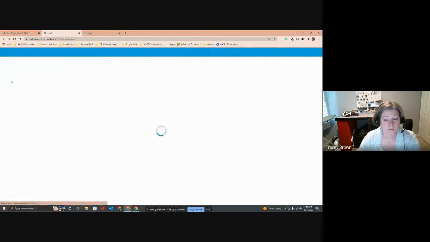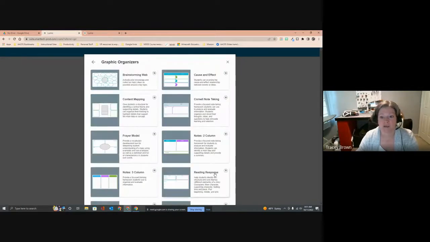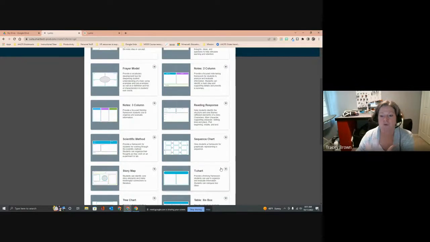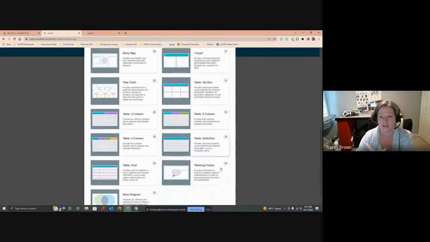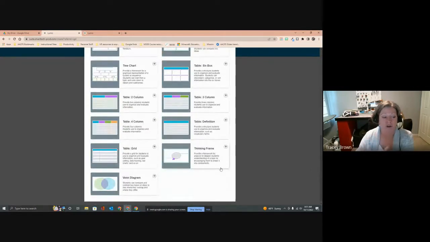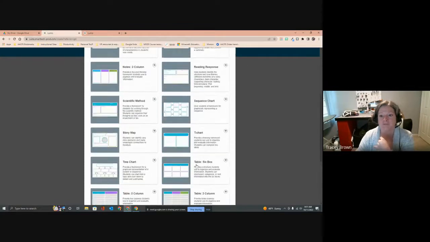Once again, under New, we would select anything from this ready-made resources area, like activating prior knowledge, questioning and reflecting, but mostly from the graphic organizers area here. You'll see that you have things like a brainstorming web, cause and effect, content mapping, notes, there's the Frayer model, reading responses, scientific method, so many different options there for the students to share their thinking and understanding of a topic. When you select one,